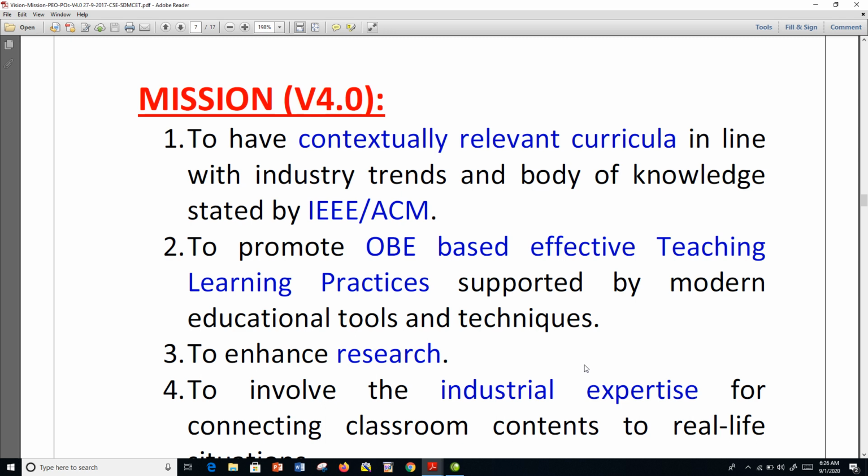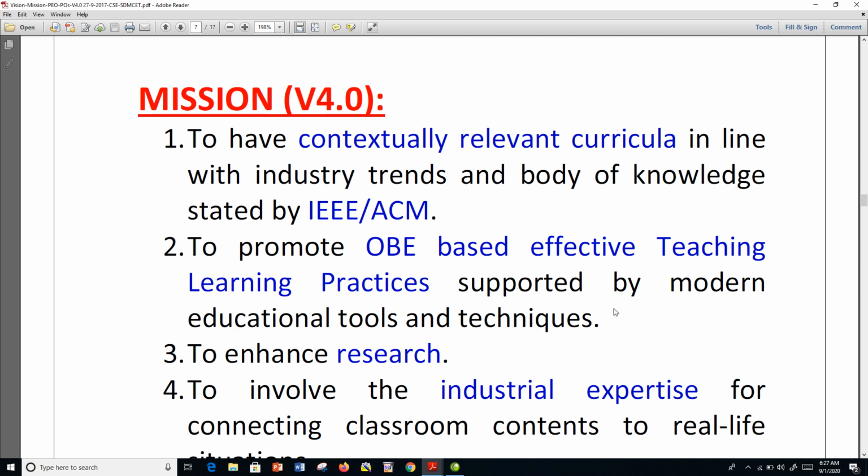Then to enhance research culture, slowly we move towards the 8th semester. During that you have different project phases: introductory project, mini project, major project and all, so that you will be picking a particular problem from the society and solving it. There are some students who have published a paper, there are some students who have published the copyright on the work they have done. So you all can be one among that particular basket. It is basically your ability and we facilitate you so that you can do the research also.